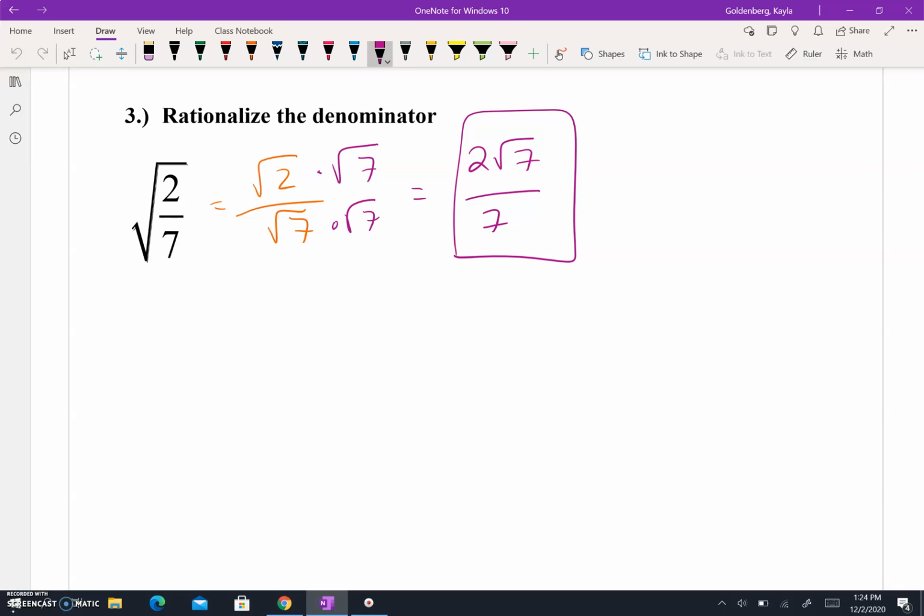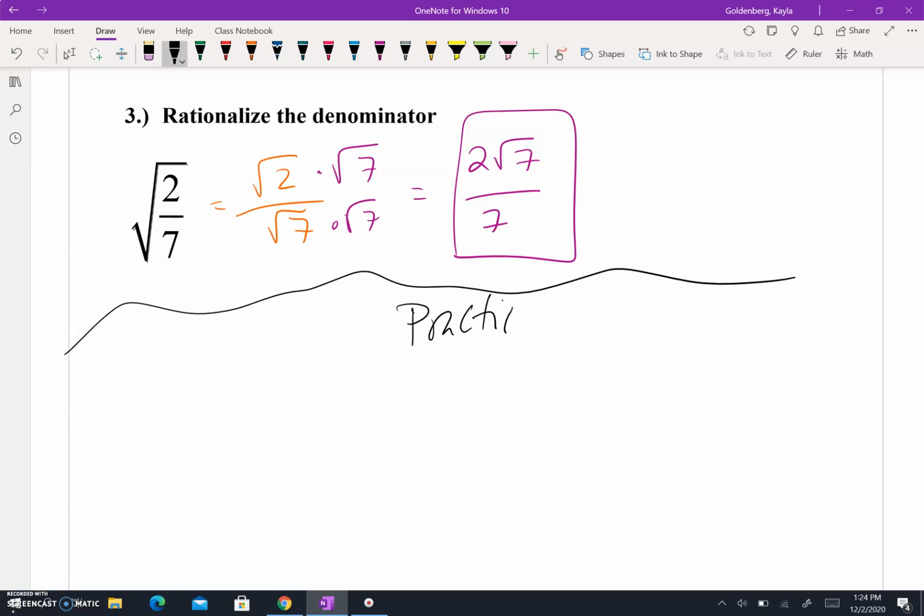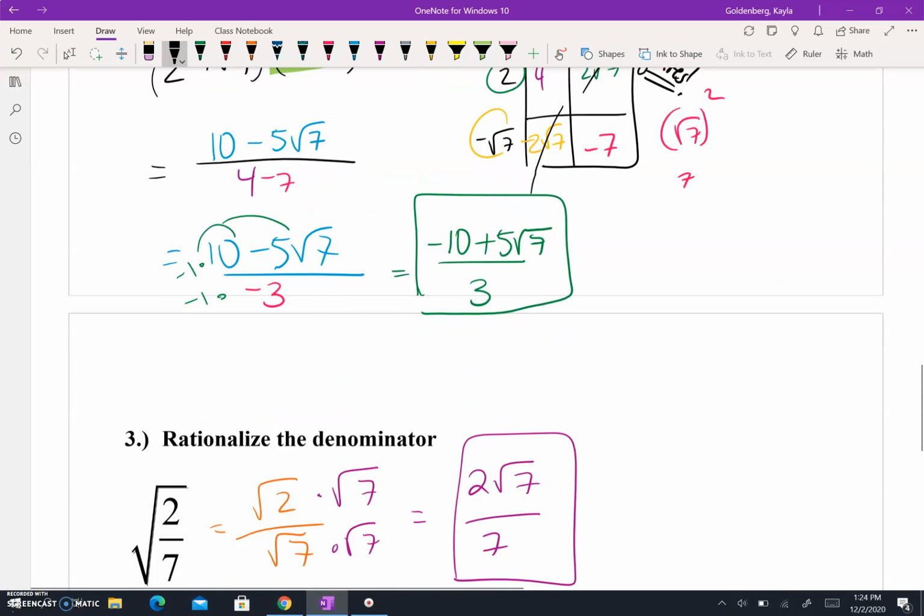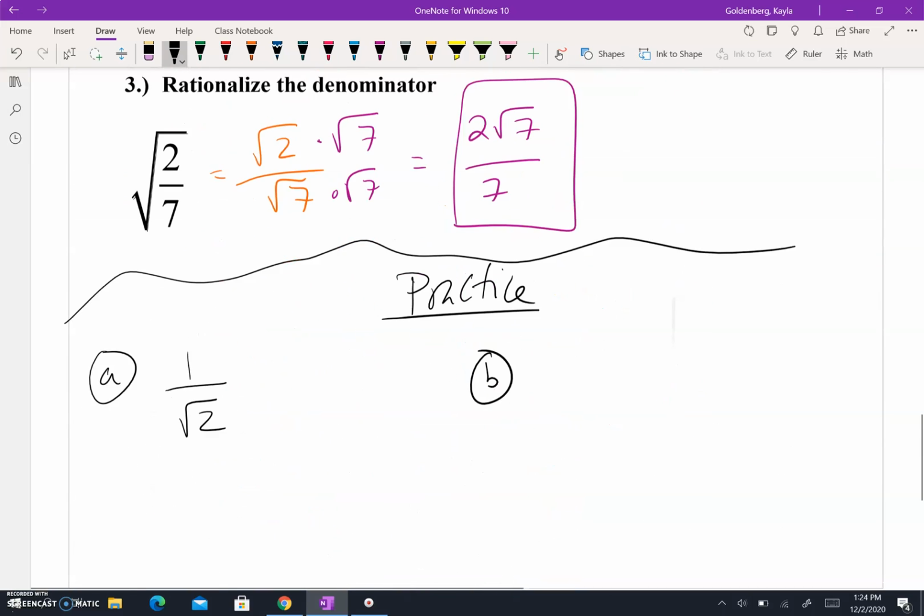If you'd like a couple more practice problems, I'm going to write down 2 more practice problems for us. So here are a couple to double check how you're feeling. So I'll make practice problem A. Let's do 1 over root 2 to simplify that denominator. And practice problem B, I'll give you one that's more similar to this guy here,